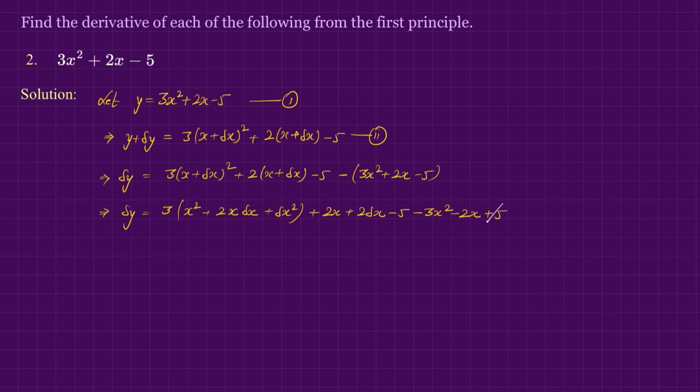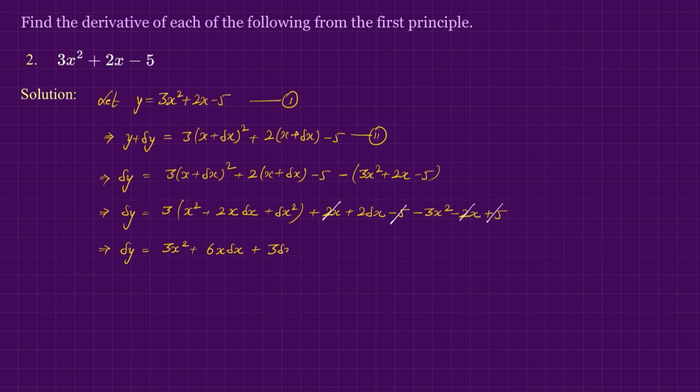Here this 5 and minus 5 will get 0. This 2x and minus 2x will also get 0. So this implies delta y equals to 3 times x square plus 3 into 2 is 6x delta x plus